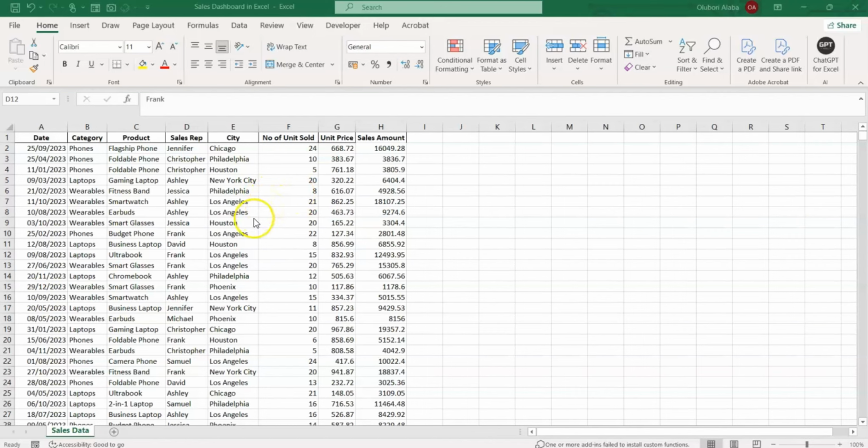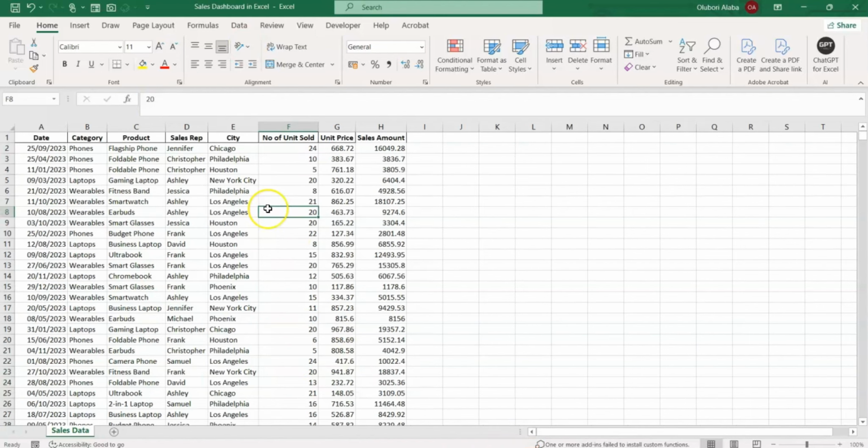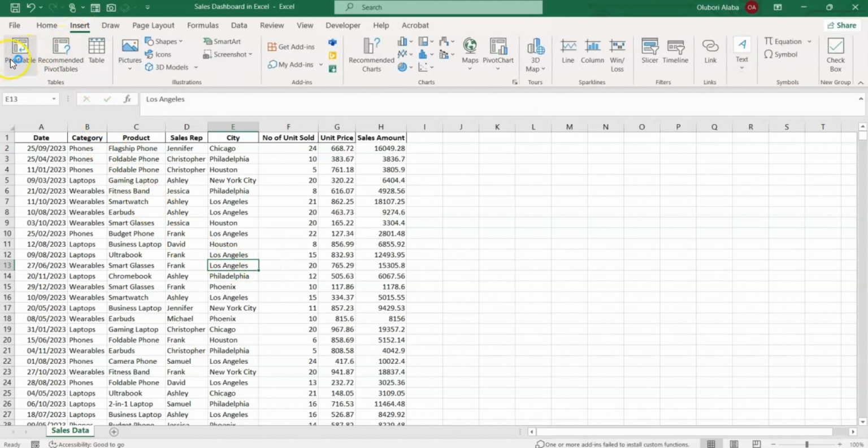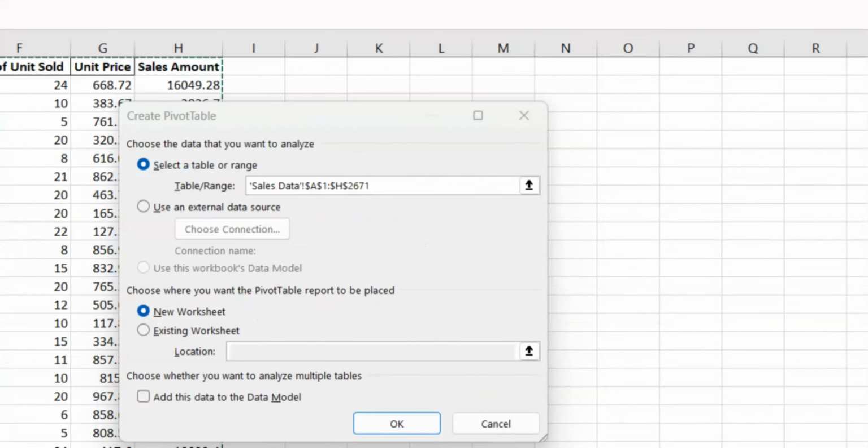Now for us to achieve our result, we are going to use pivot tables to summarize this sales data. If you look at it from top to bottom, we have about 2,670 rows. What we are going to do is create a pivot table from here. For us to do that, just click on any cell in your data set and then go to the Insert tab, and then you see PivotTable. So click on PivotTable, and then from what we see on the screen, we have